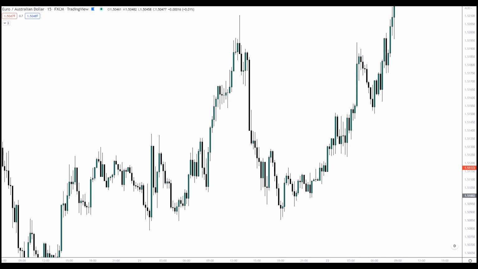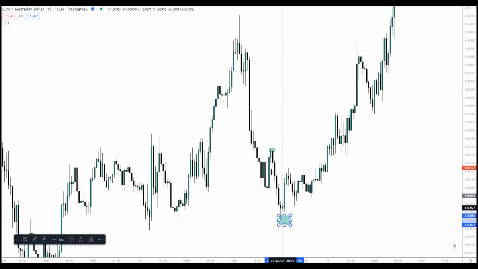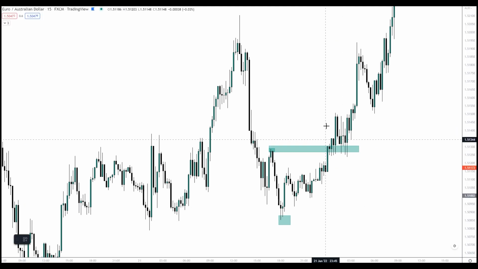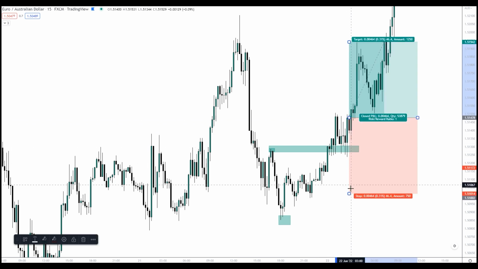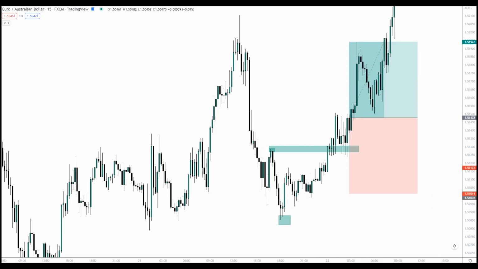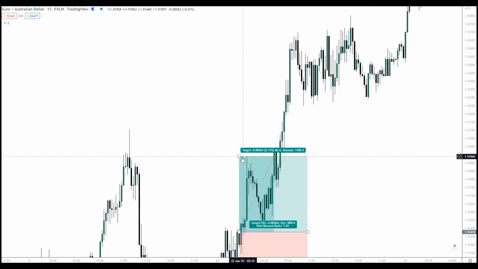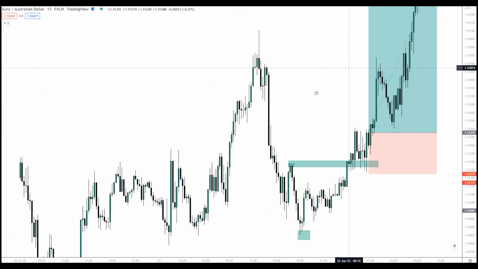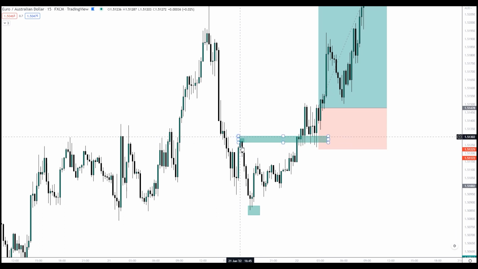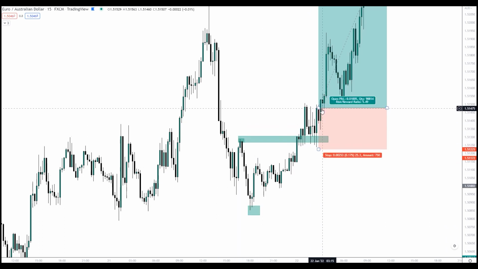So if we are simply looking at market structure, this is a lower high. This is a lower low. Lower high was then broken and retested. You had more than enough price action here showing you that price was going to go long. You could even have entered off that huge bullish candle there. And then you are simply looking at this and you can see, obviously, the market did continue to push on. Just looking at the low, or the high which made the low, break retest, wick rejections, getting in,